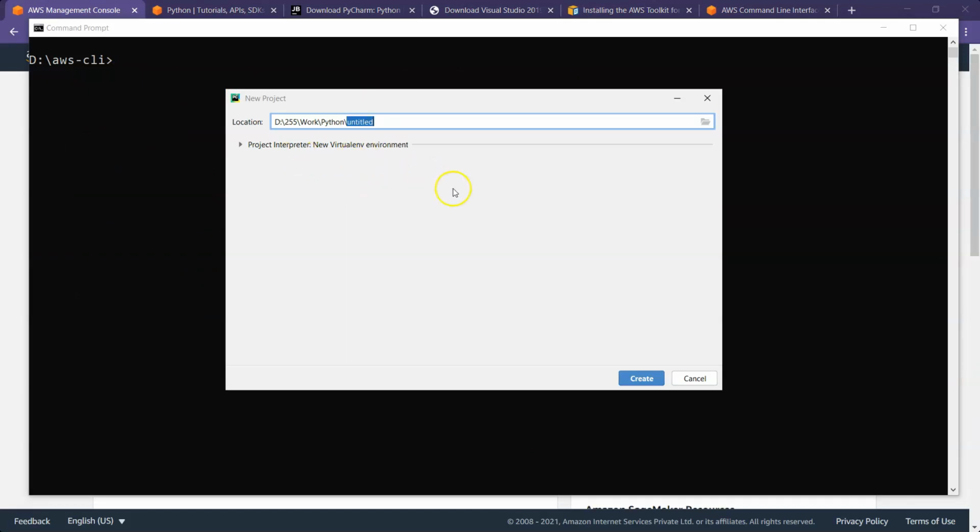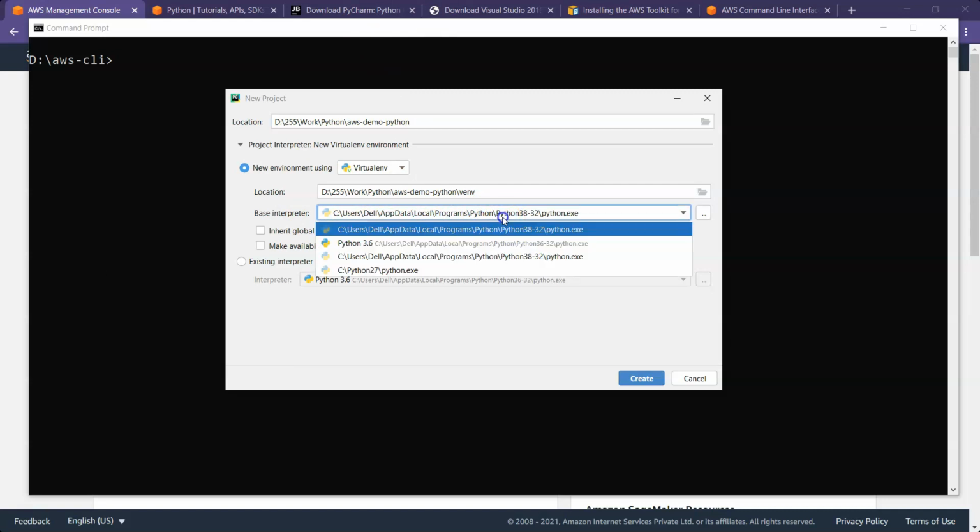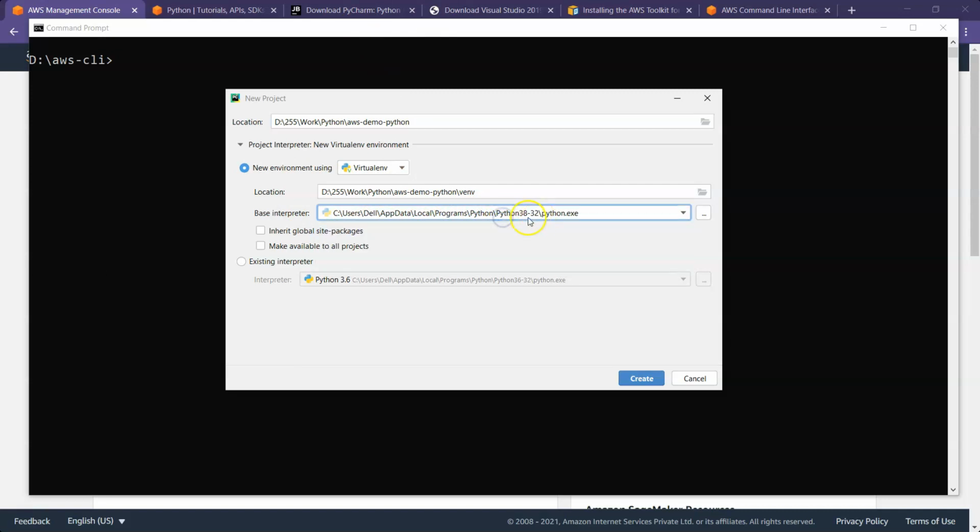Okay, let's get started with PyCharm. I started the PyCharm IDE and I want to create a new project. In this case, I am specifying a location for starting my Python project, and I want to use a virtual environment. I have 3.8x installed, and if you have installed anything beyond 3.6 or 3.7, it is good enough, and at least the PyCharm settings will remain the same. The interpreter will change. So whichever version beyond 3.6, you can start using and create this project once you select your interpreter.